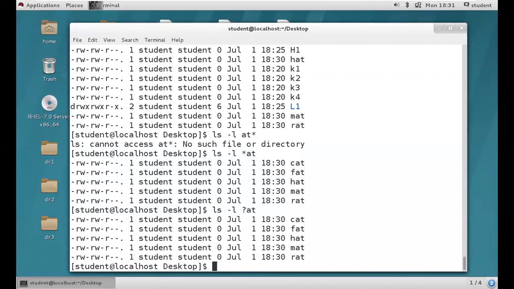I hope you got it, right? Same output we got, right? And what is the difference between star and question mark? Why are we getting the same output, even if you're providing a question mark? Both are the same. Star and question mark expressions are both the same, guys.